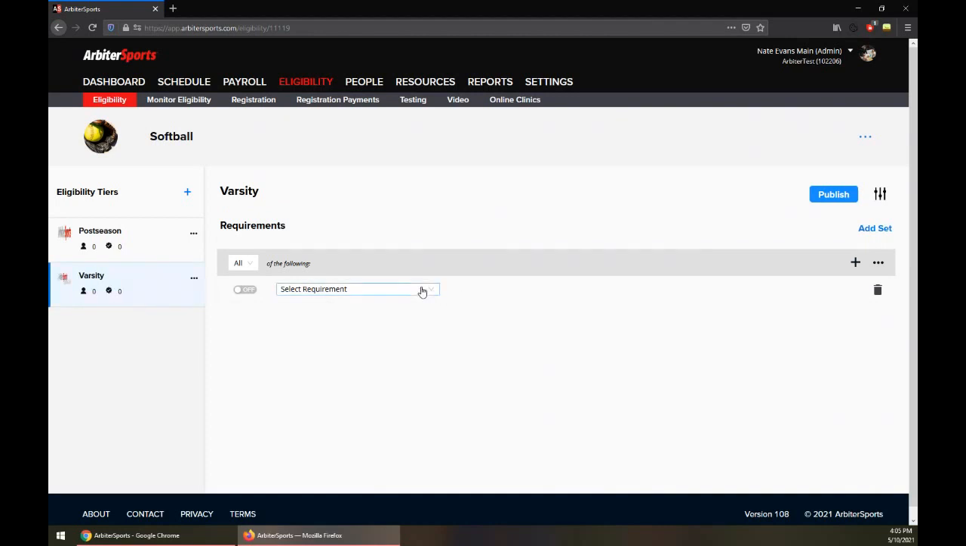Okay, so now when we're setting this up, as I said before, an eligibility is a set of requirements that an official needs to complete in order to work that level of game. So in this case, it's going to be varsity, and the different requirements we have. So you can indicate that they need to complete a background check, complete an online clinic, attend an in-person event, complete a registration,